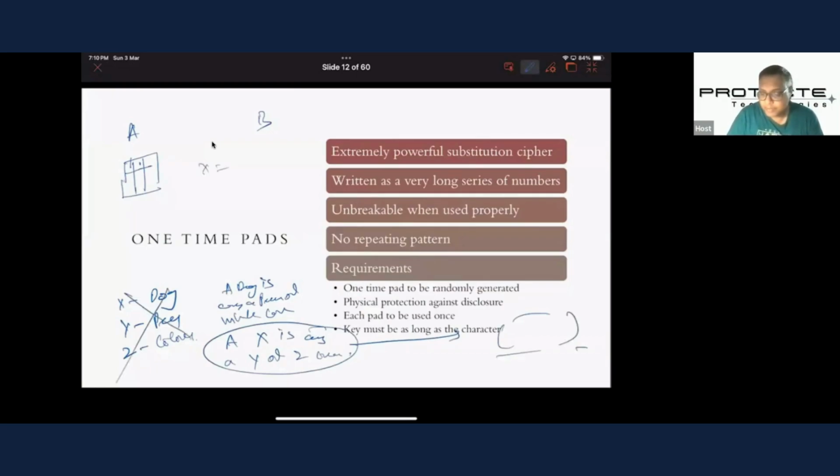Next time my X will be 2 raised to the power 7, Y will be 74, Z will be some hexadecimal ABX. Now you see the randomness, right? Next time I send you the same message, X is something else. So you see the randomness, right? That means if one-time pads are used in a very complex manner, you will not be able to break those codes. But the moment you start repeating,